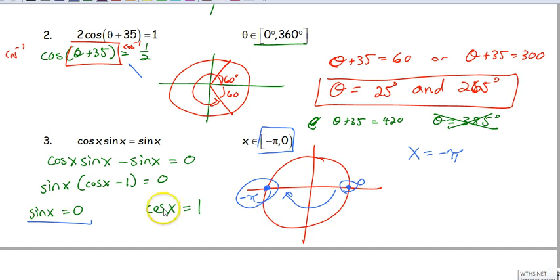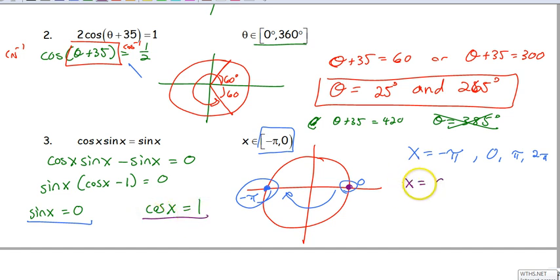Now let's look at the other piece. Cosine of x is equal to 1. Well, there's only one place on the circle where cosine is positive 1, and that's over here, the same place where sine x is 0. Okay, at the 0 again. But let me just write out all the answers for this. You could have done all these answers for the blue one. Sine is 0 there. And then for the cosine,